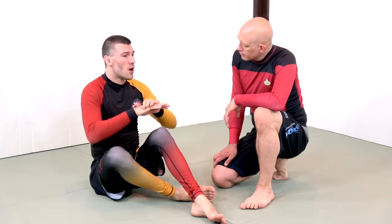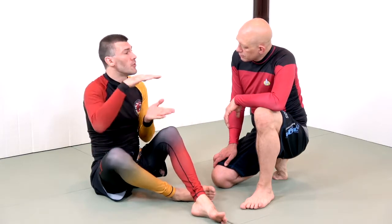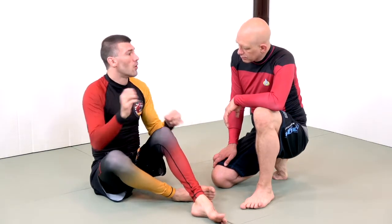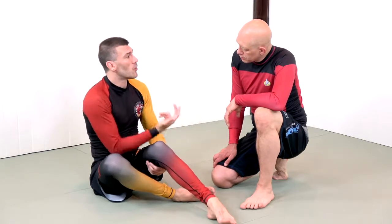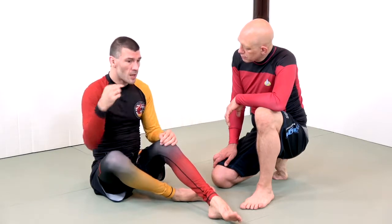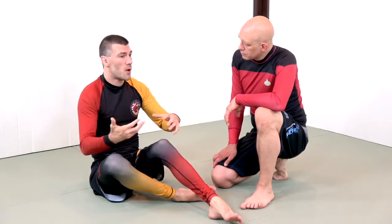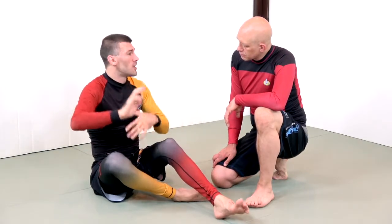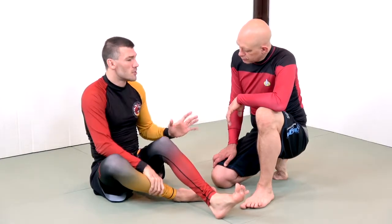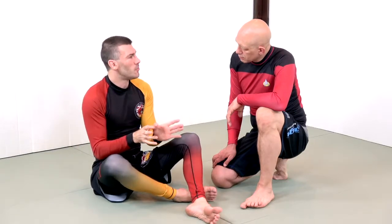Those first two attacks are sweeps that only ever get someone on their butt, with you still having to do all the work of passing their guard or leg locking them or whatever. Some of the attacks that we're going to go through now are so dynamic that they will get you directly to the back, into a sweep sequence that leads into an immediate guard pass, or into a response on your partner's behalf that allows you to attack the guillotine or the omoplata, some kind of submission. So we've categorized these sweeps and attacks as being more high percentage towards finishing at the end, whereas those first two are more part of just getting to where I need to be, and then I'm going to have to do